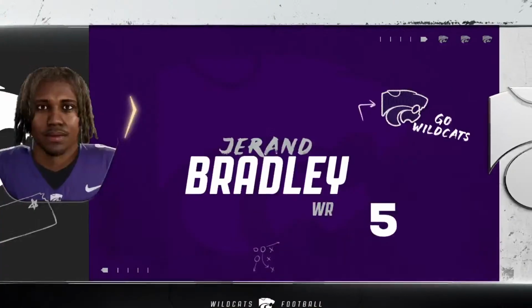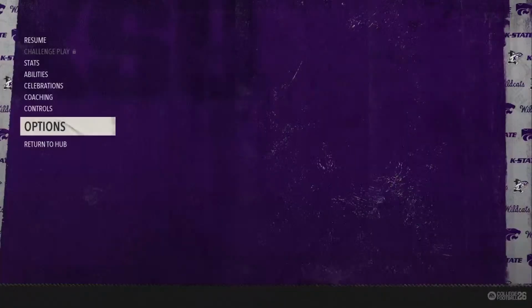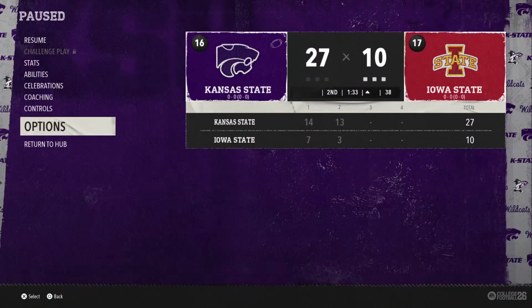QB wants to make a play from the pocket, but does a great job escaping to his left. Eyes down. You know, I hate to start this over, but